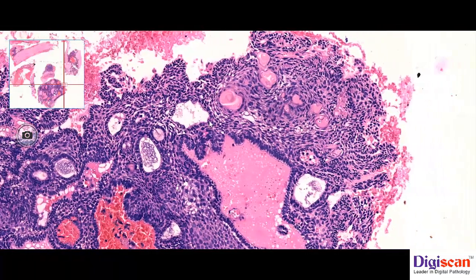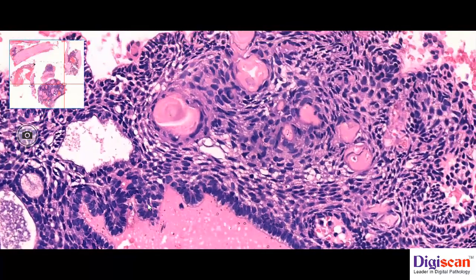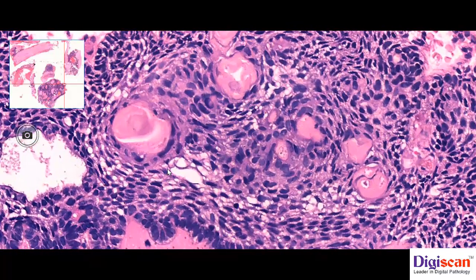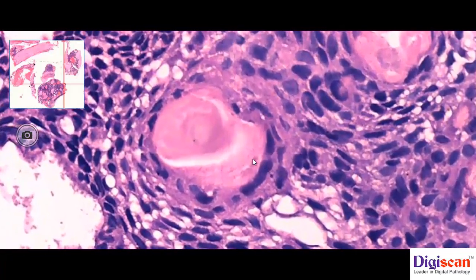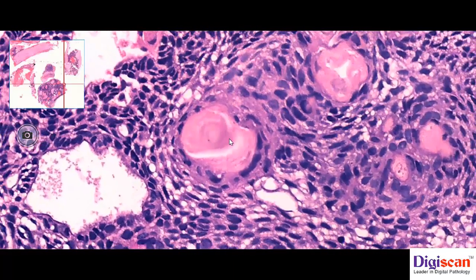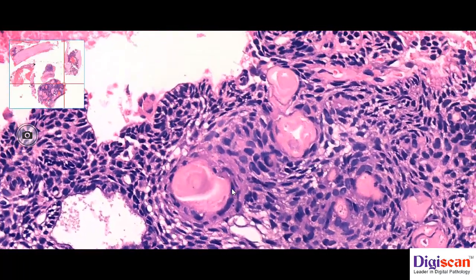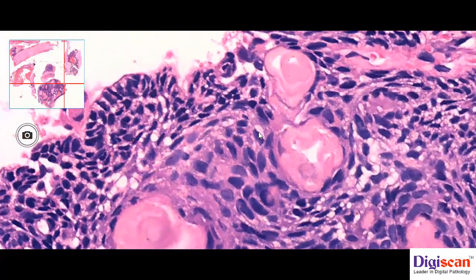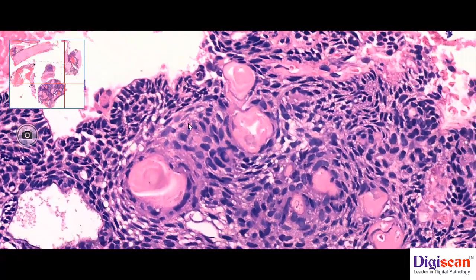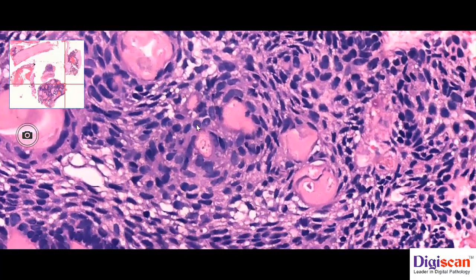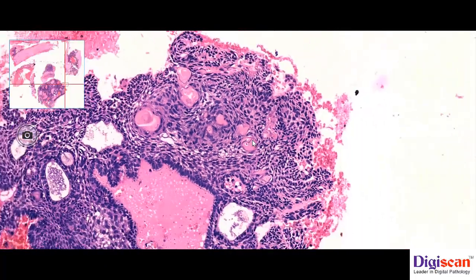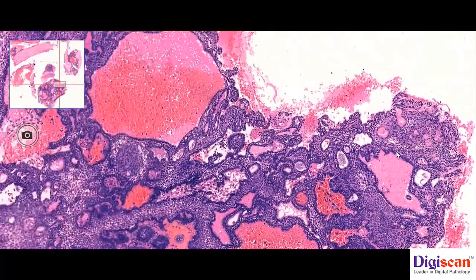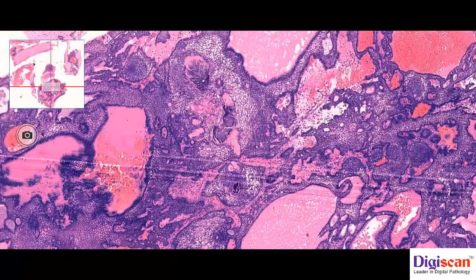But if we see nearby areas, we start seeing some pink material arranged as globules. And if we go higher on these globules, we see that these appear to be made up of cells which have lost their character. So we can call these ghost cells, and some appear to show a little bit of calcification. Here we see that these are getting calcified. These structures appear to be collections of ghost cells. This can be seen more clearly in this area.